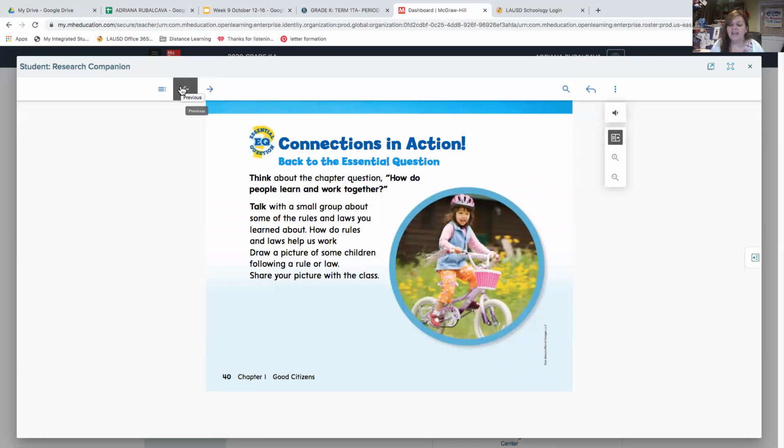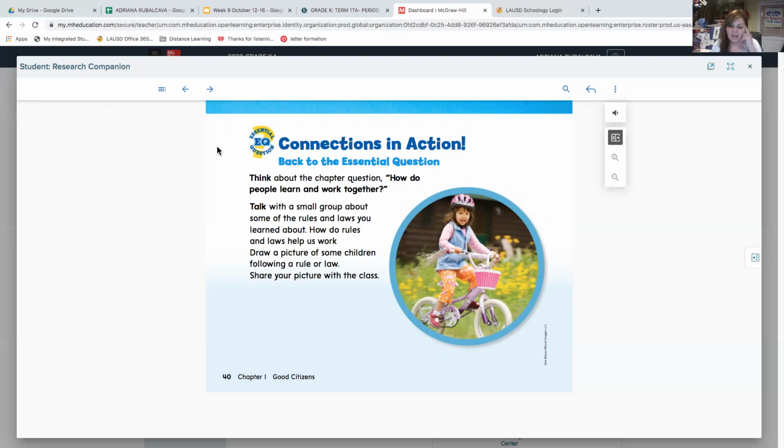Your homework is to think about how you're going to help your parents for the rest of the week. How can you be a good citizen? Can you help at home with a chore and have a responsibility? In class, can you be a great listener and wait for your turn? What else can you do? When you're playing with your brother or sister or family members, can you be fair? That's also being a good citizen.